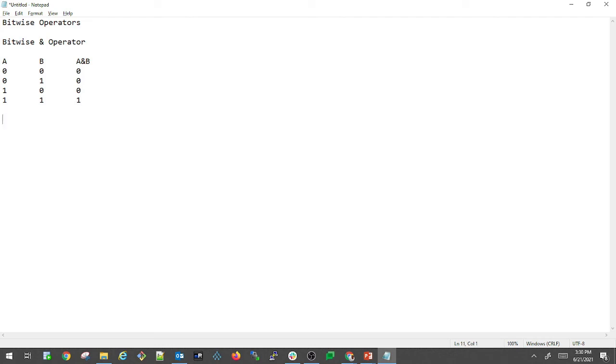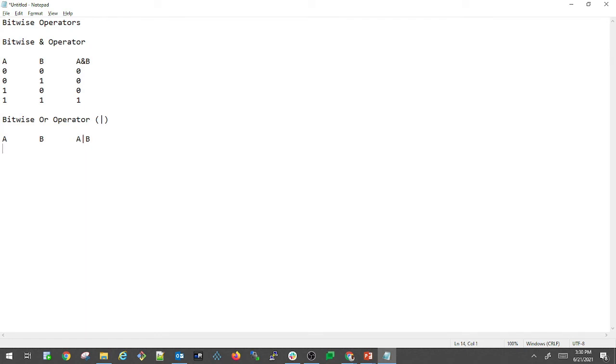So let us look at the bitwise OR operator. Let us look at the bitwise OR operator table. Let's say you have two operands A and B again, and let us see how the bitwise OR operator works on binary digits.